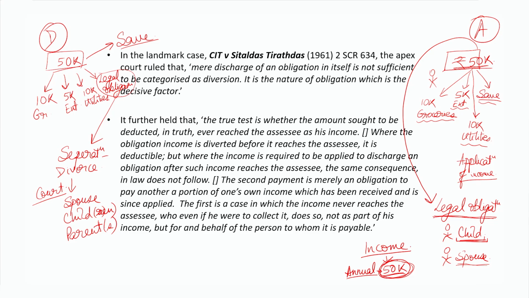So either you are maintaining your spouse, or you are maintaining your children, or you are maintaining your parents, right? Now when you are going to maintain all of this, all of these people, the court might say that, well, we are looking to secure their maintenance, and therefore